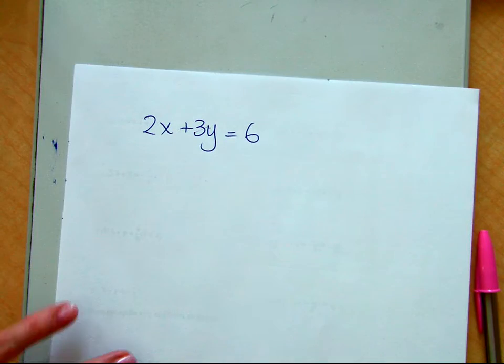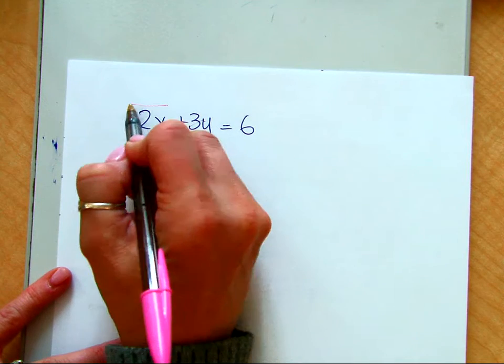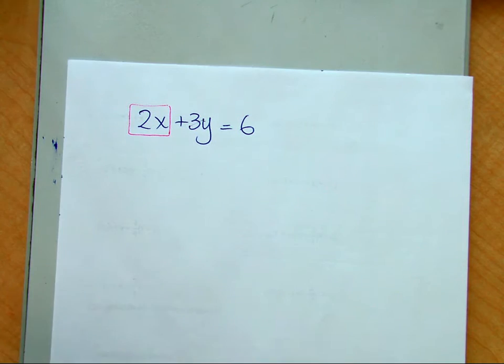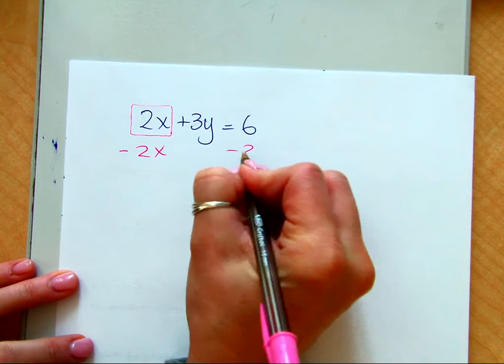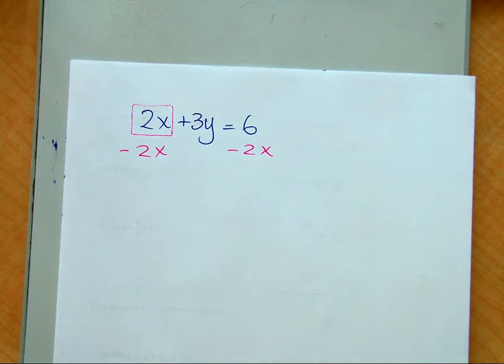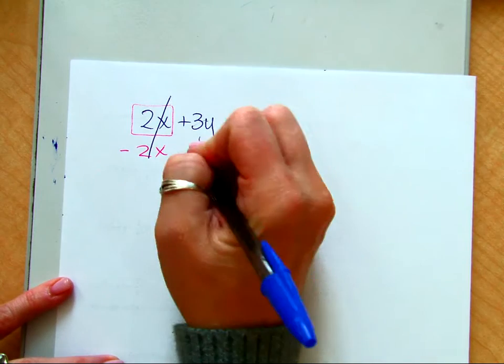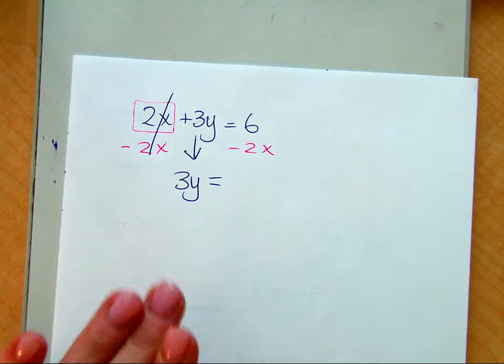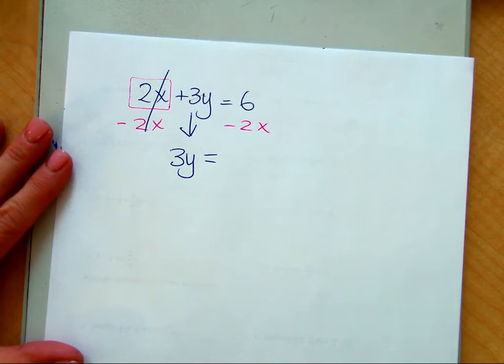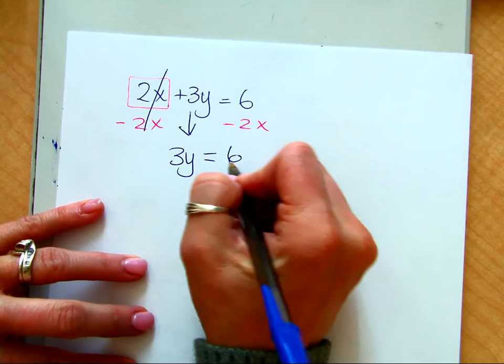So if I want to get y by itself, do you remember what the first thing we did was? We had to cancel out the x term to get it gone, right? And so I always use inverse operations, so I would subtract that. And when this cancels, some people even like to draw what there was left there. Okay, you have an option here. Remember what your options were? You could either put 6 minus 2x,